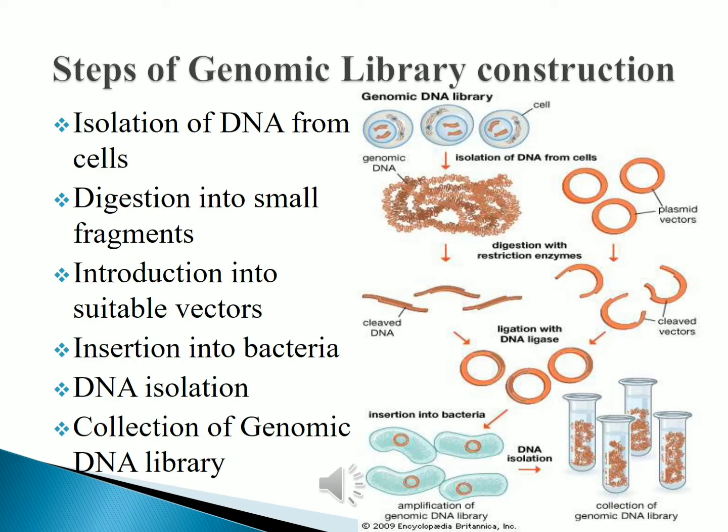The recombinant DNA molecules will then be inserted into the host bacteria. They will replicate their genome along with the vector genome and will produce clones of the original genome. This collection of clones, which contain all the sequences found in the original source, including the sequence of interest, forms the genomic library. From this library, DNA can be isolated and used for further study.